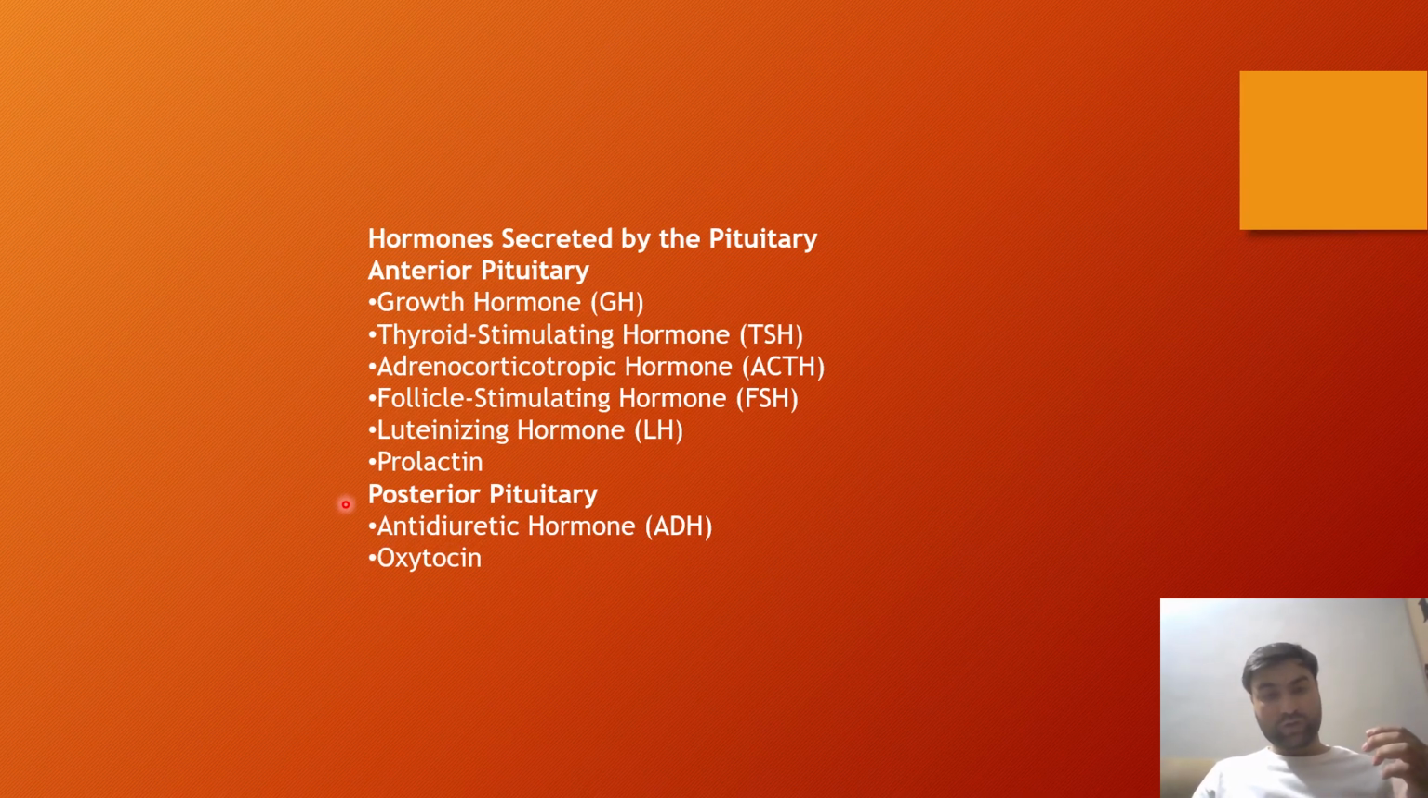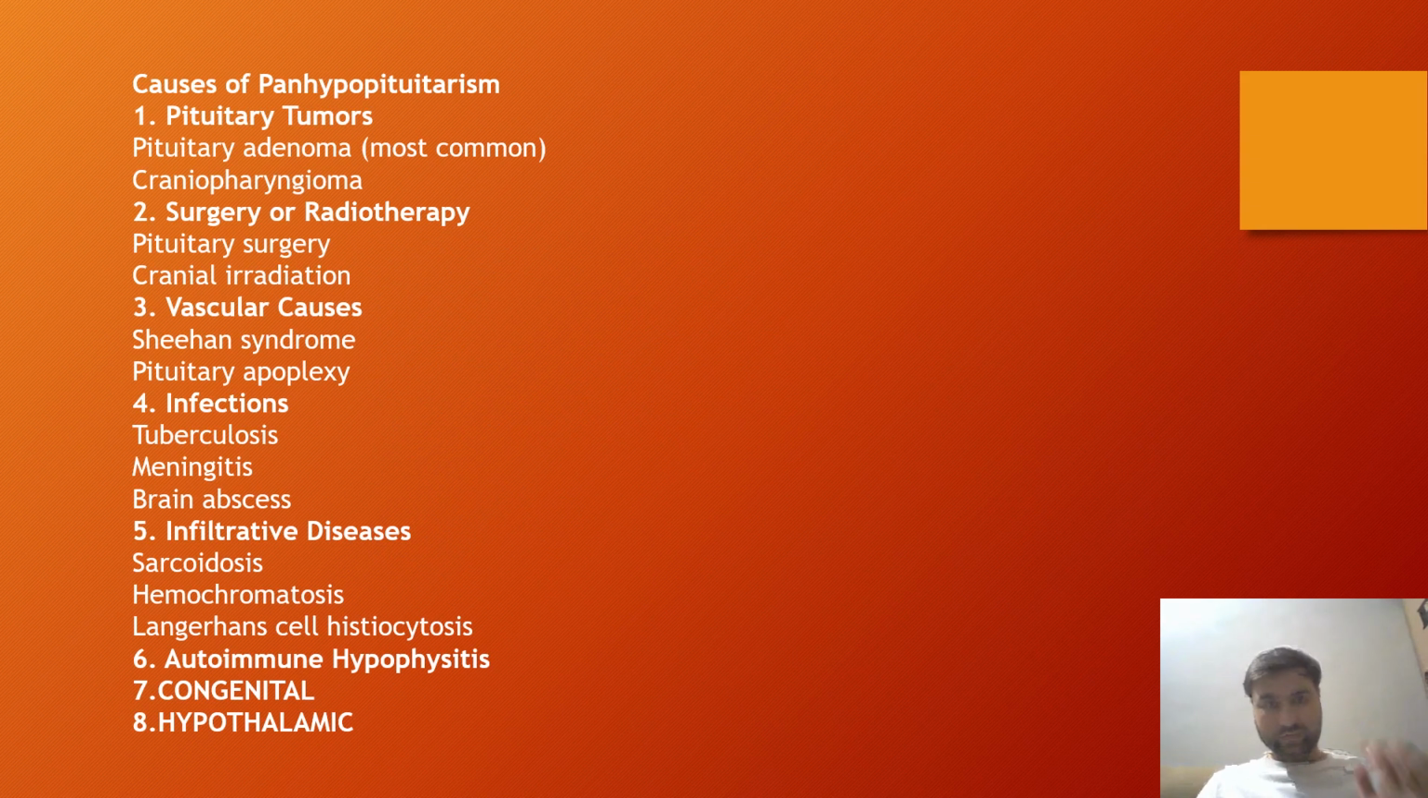So posterior pituitary only stores these hormones and then releases these hormones, antidiuretic hormone and oxytocin. So what are the causes that can lead to the development of panhypopituitarism? The causes of panhypopituitarism are pituitary tumors. Pituitary tumors include pituitary adenoma. Adenoma mostly causes the compression